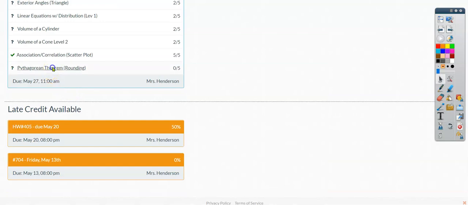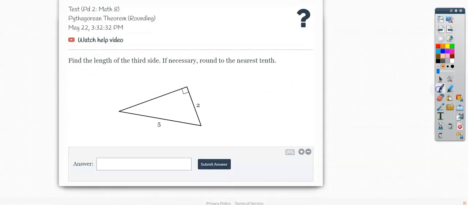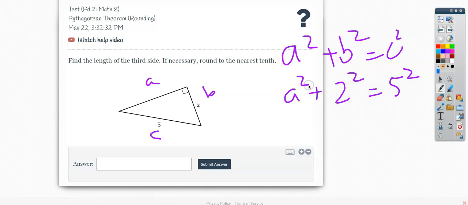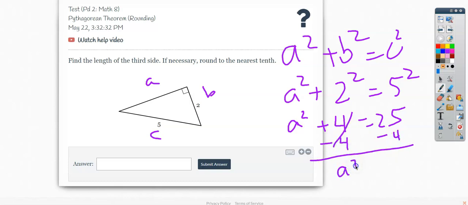Last one, Pythagorean Theorem, right? A squared plus b squared equals c squared. Go find your legs, the two that touch the 90 degree, then you label your hypotenuse. Put the values in the right place, and if you're missing a value, leave it as a letter. So perform the powers, and then subtract the value, and then